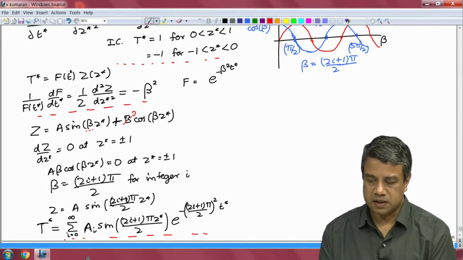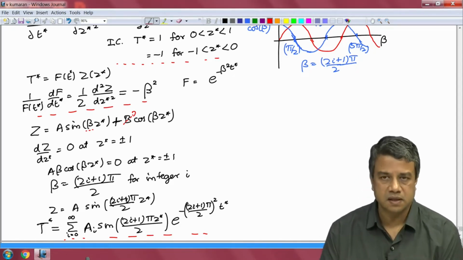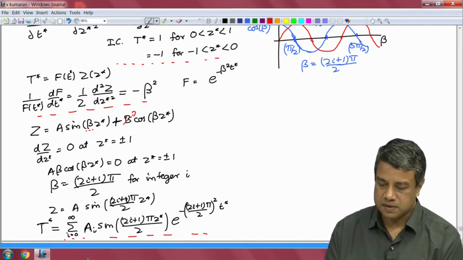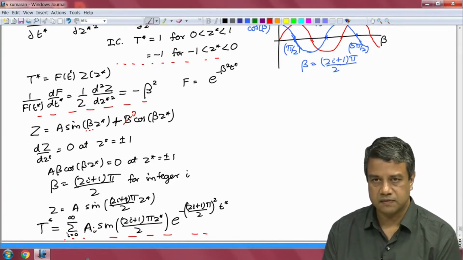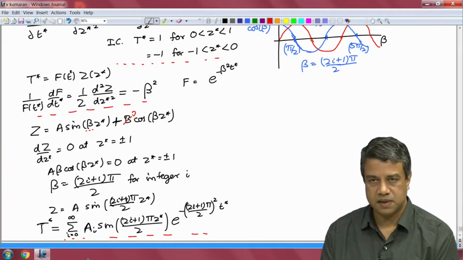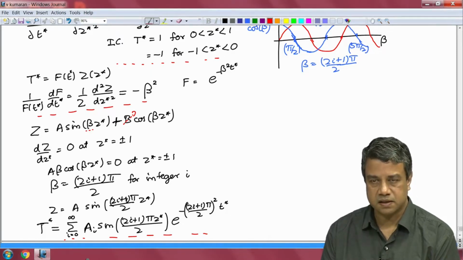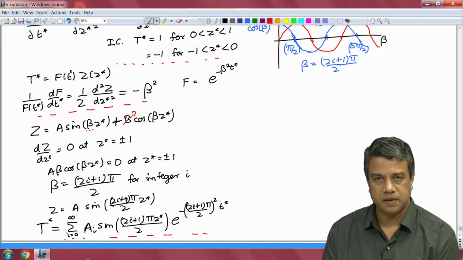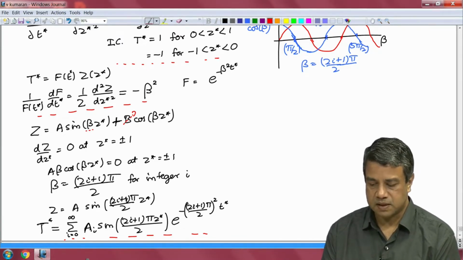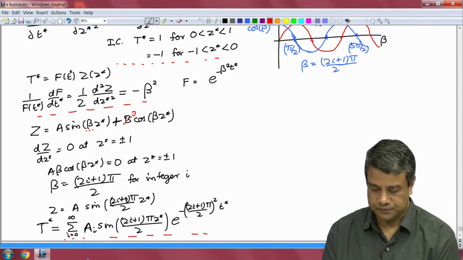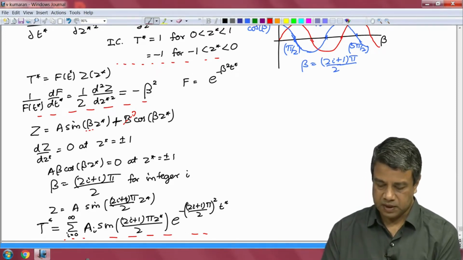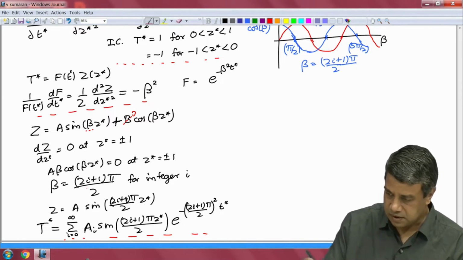That transient part has to decrease to 0 in the limit as time goes to infinity, and that happens only if this constant on the right side is negative, and therefore, we had chosen it as minus beta square. And we had got the function of z as some constant times sine of beta z star plus some constant times cos of beta z star. And since it had to satisfy the boundary condition that the slope is equal to 0 at plus or minus 1, that constant necessarily had to have this particular form,